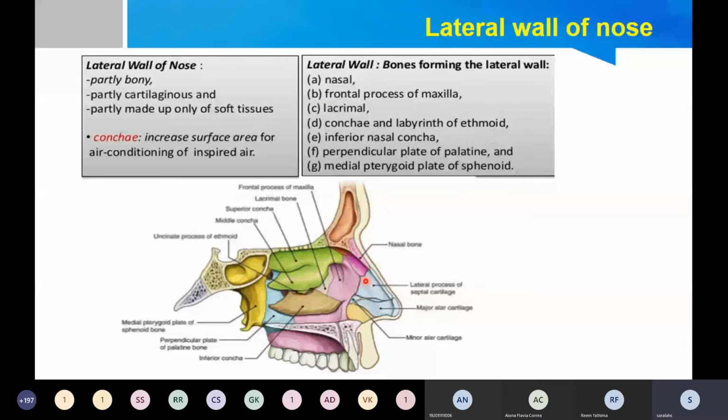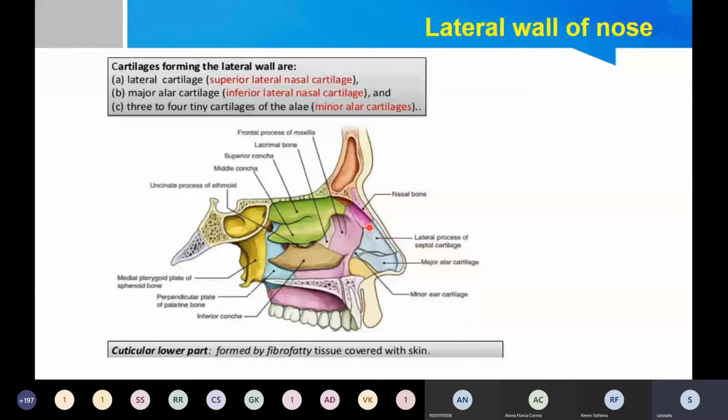Then next we'll go ahead with the cartilaginous part. See here, these are the cartilages. Mainly there are three cartilages, that is lateral cartilage, also called the superior nasal cartilage, superior lateral cartilage, and inferior lateral cartilage, which is the major alar cartilage. And a small one, that is the minor alar cartilage. Remember there are mainly three cartilages forming the cartilaginous part of the lateral wall of the nose,